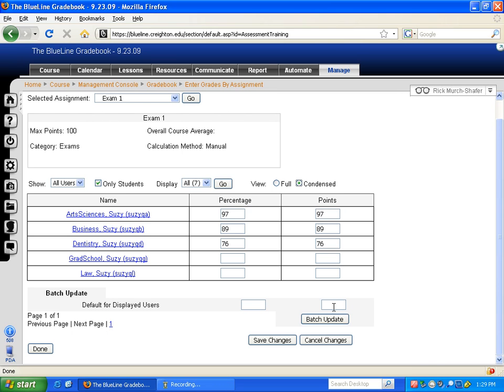OK, last thing on the grade entry page. You can do batch update for people. OK, so let's say we entered these 3 grades, and these 2 didn't turn in assignments. I don't have grades for them. I can batch give them a 0 by simply putting 0 down here, saying batch update. And anyone who I'd left blank, it autofills that in. OK? It's very handy, especially for,